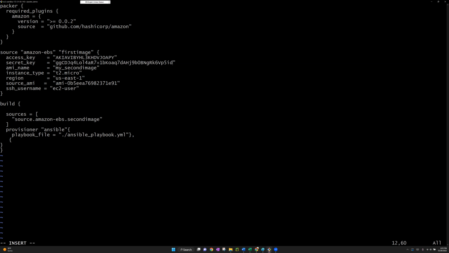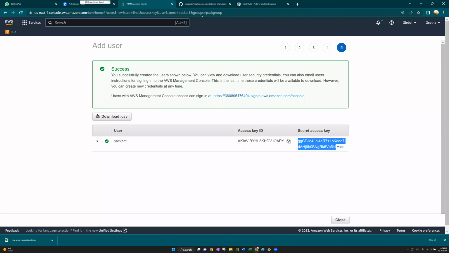And this is the AMI name. And the type is T2 micro and the region used is one. This is the source AMI. This one I took it from